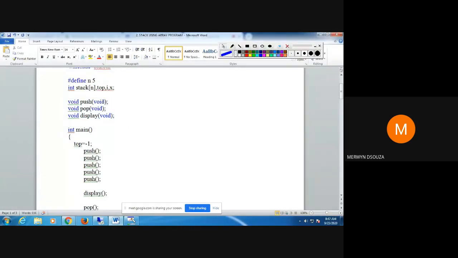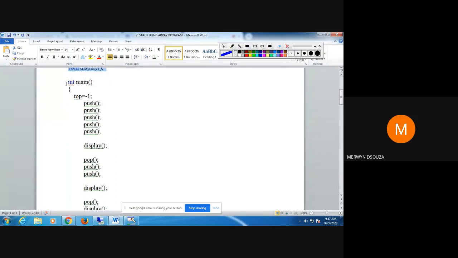They are declared here, function prototypes. Okay. As you can see here, I put here void. I did not put this void. I could have kept it like this also. So it means the same thing. If I don't put all this also, it's the same thing. But I'm just showing you the different ways of programming. So if you put or don't put, it means the same thing. So it depends on how you find it convenient. Most of the times actually I would not put this thing. So these are your function prototypes. I'm having 3 functions: push, pop, and the third one is to display the values in the stack.